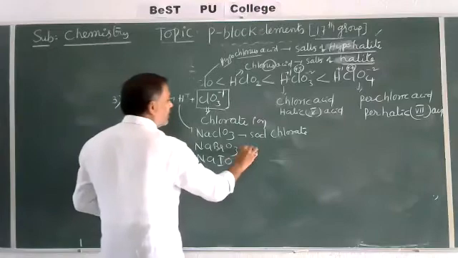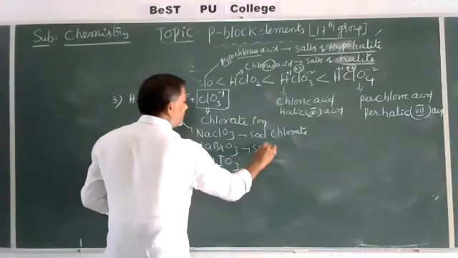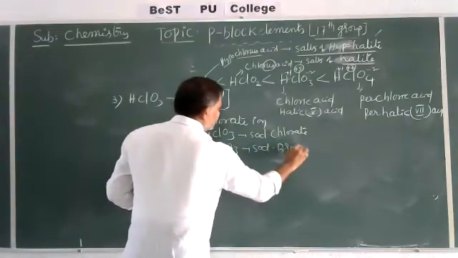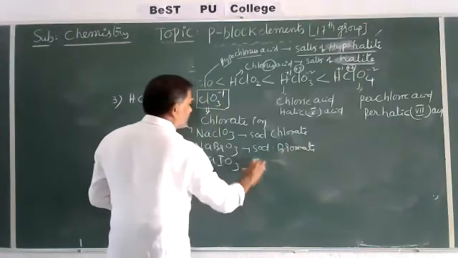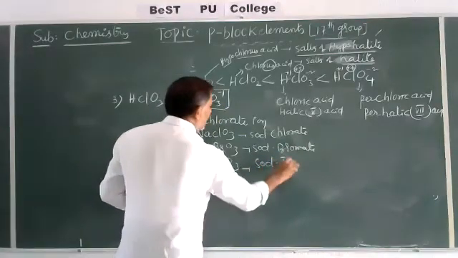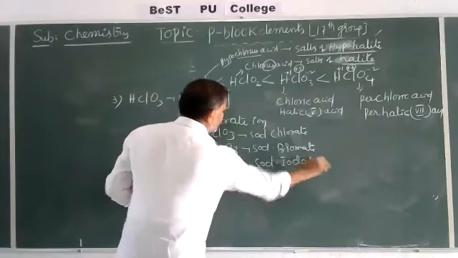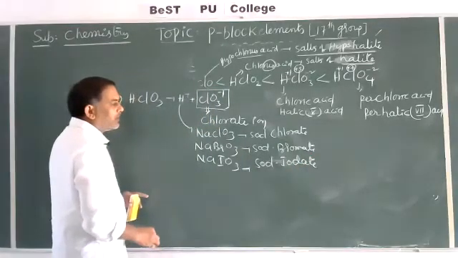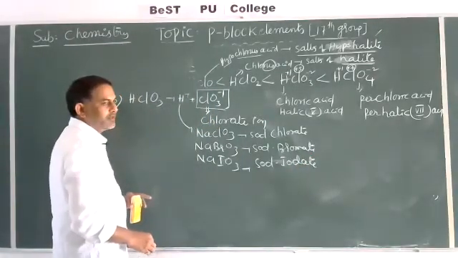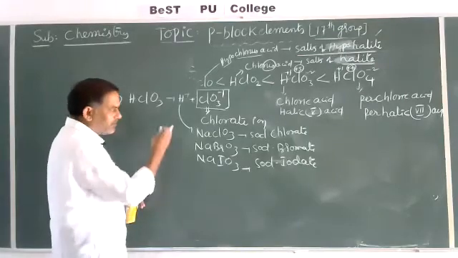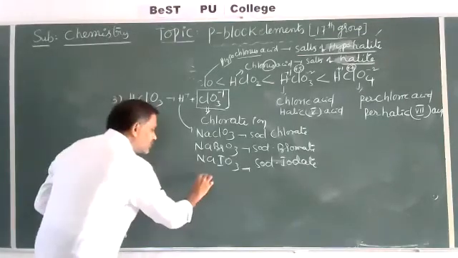Now here it is sodium bromate. It is sodium iodate. Now in surface chemistry and in P block elements only, one question is given to you, that is